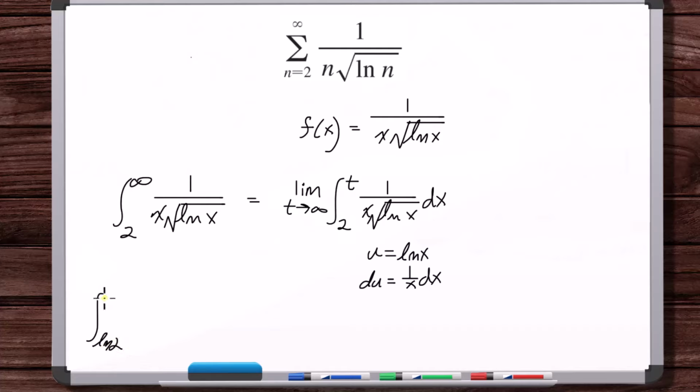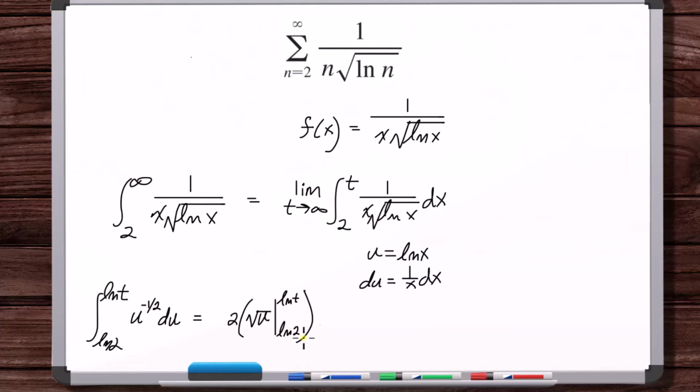When x is equal to t, u is equal to natural log of t. And we've got 1 over root u du, so u to the minus 1/2 du. All right, minus 1/2 plus 1 is 1/2, so it's u to the 1/2 over 1/2. So 2 root u. Bring out the 2, root u evaluated from natural log of 2 to natural